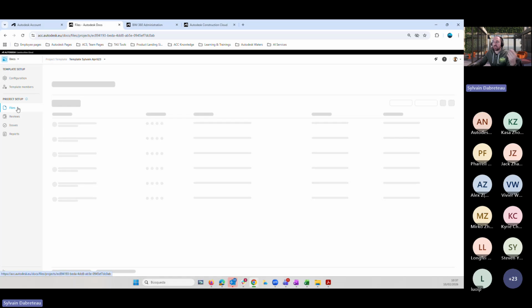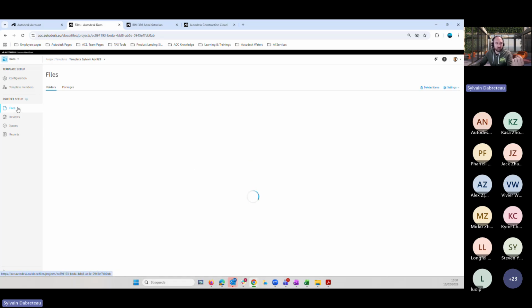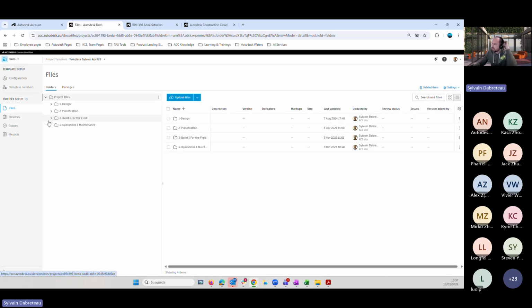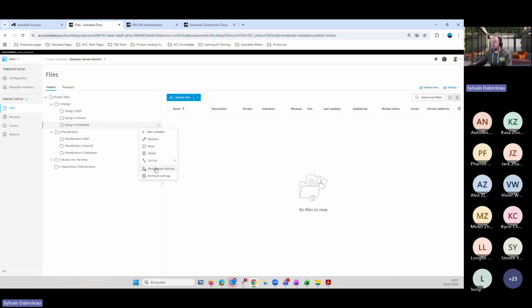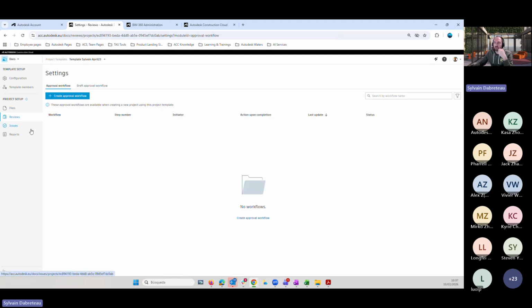So by default, when I create a project using this template, I will have those folders and those different permission settings. Maybe I can have some files by default in this project, my review workflows, issues, some things that we are going to discover along the docs discovery. So we have those different things available in this project template.